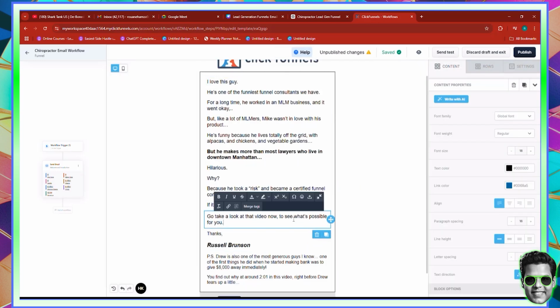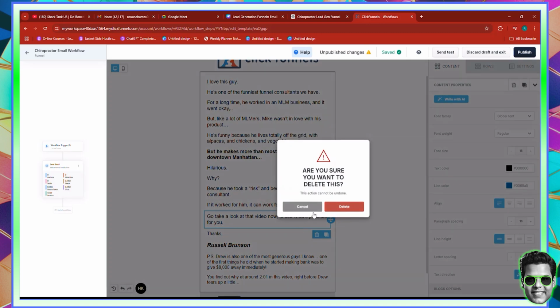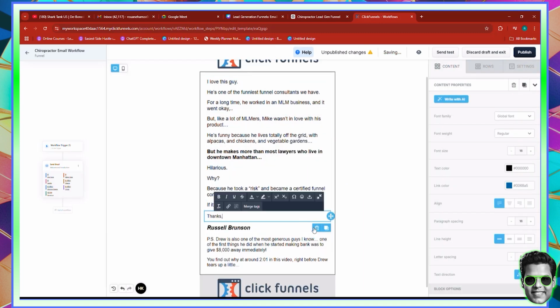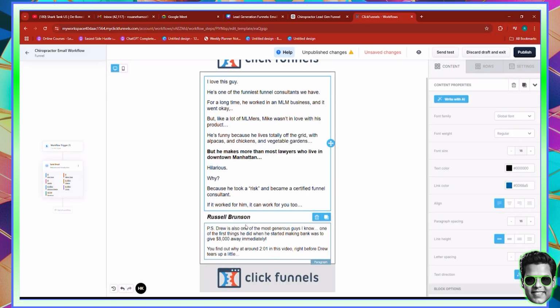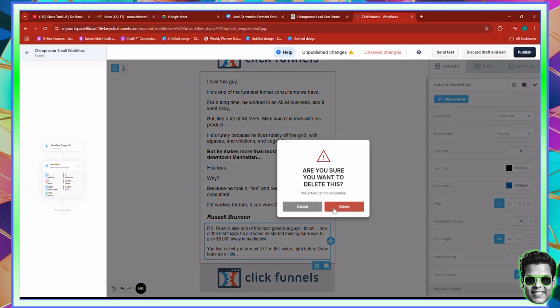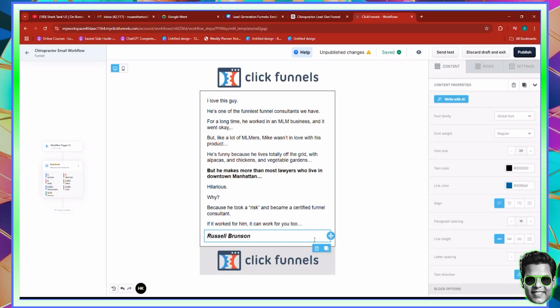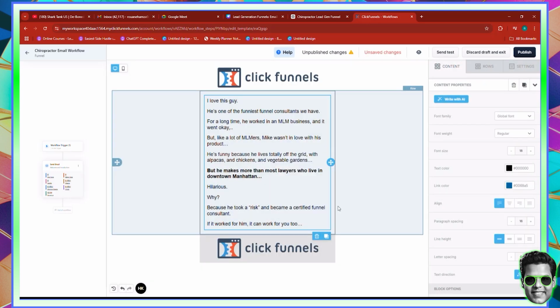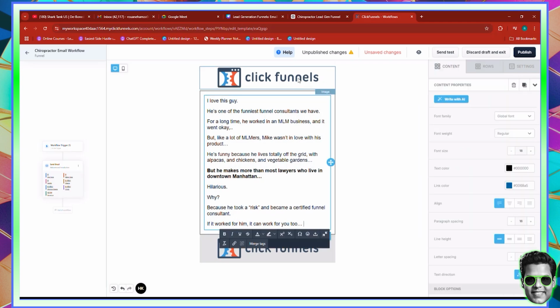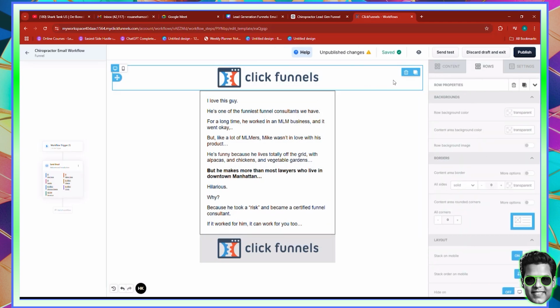For instance, this shouldn't really be here. This as well shouldn't really be here. What else? This as well should also not be here, and this as well, right? We just want to leave one paragraph, and you just want to go ahead and delete this image as well. Now, actually, delete the entire row,